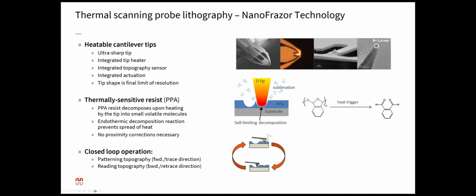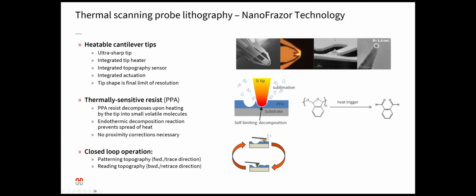There are ultra sharp tip that can reach a radius down to 2 nanometers, and we have an integrated actuation through a capacitive platform. And in general, the final limit of the resolution of this kind of lithography is determined by the shape of the tip, because we can hardly pattern something that's smaller than the diameter of the tip at its apex, as you may also intuitively think.